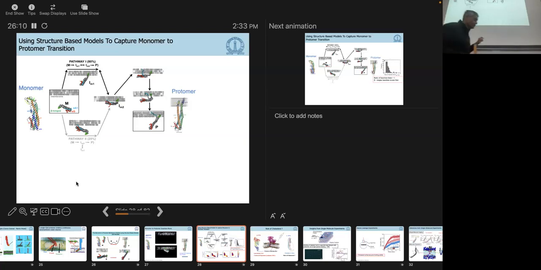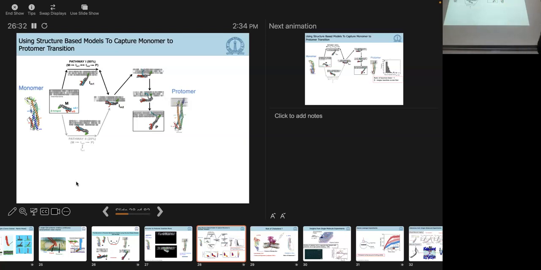And this is interesting. I always tell students that when they're making schematics, or looking at papers with schematics, that's not how the real world is. You can see a molecule sitting there. A molecule has all degrees of freedom. It can do whatever it wants. It can sample all the available space. So you actually see that happening here. And then finally, you find this peeling off and forming this protomeric structure.